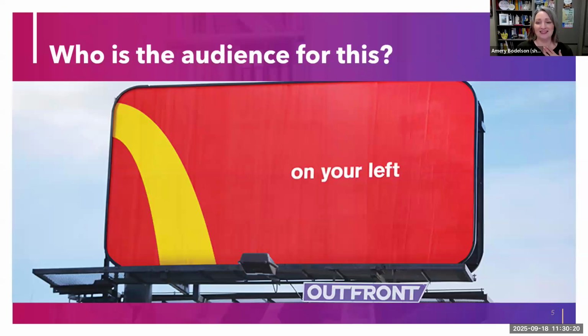So when you think about images and communication, this is an advertisement. You can probably tell that it's an advertisement for McDonald's. There's very little text here, but stop and think for a second about who you think this is geared toward. Obviously, it's a billboard, so it's going to be people who are driving. Usually billboards are found on busier roads, highways, interstates. And it's going to presume that the audience is familiar enough with the McDonald's arches to recognize the colors of McDonald's, the yellow and the red, and to not even need to see the entire symbol or logo